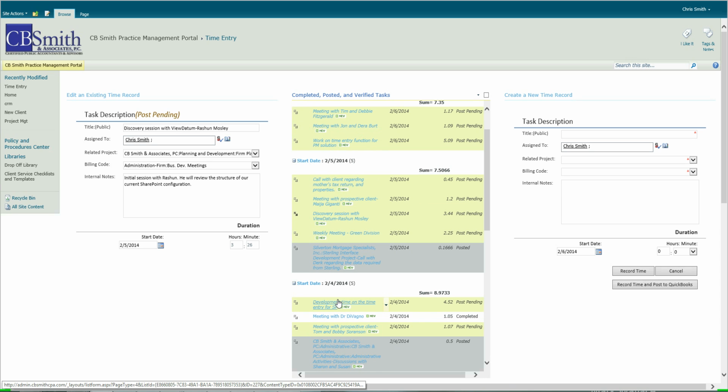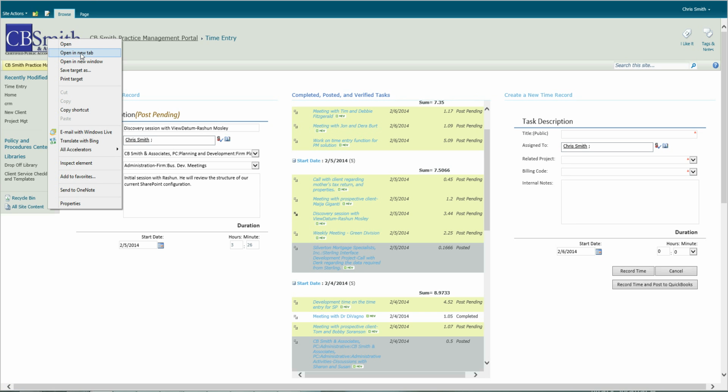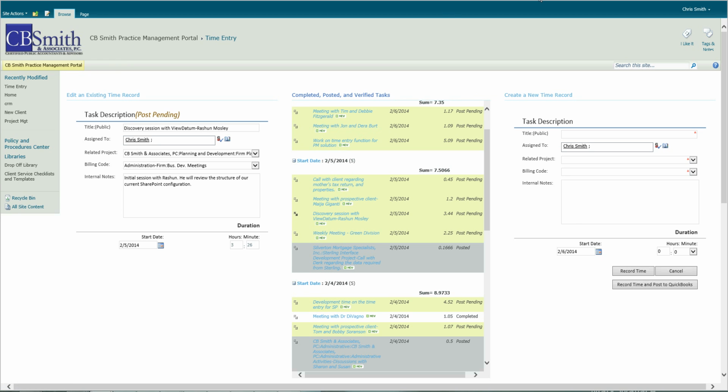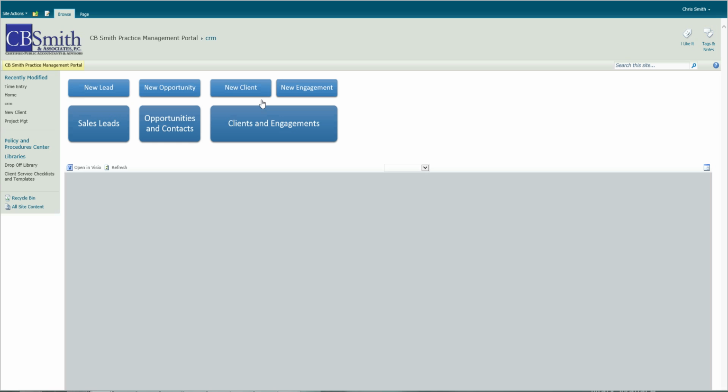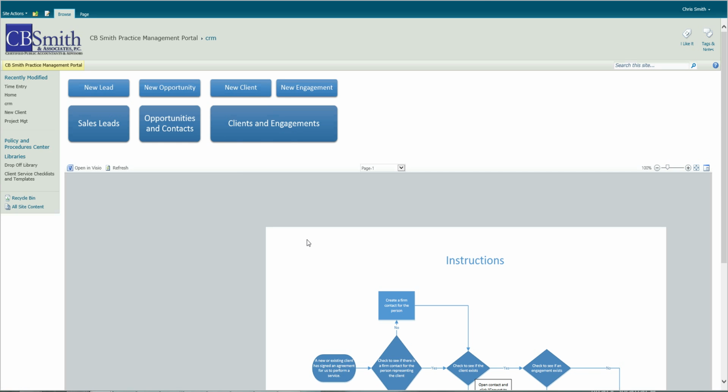A quick note, certainly as you're working during the day, you can keep this screen wide open. If you need to go to other places in the SharePoint site, you can click on open a new tab, and there you go. You have your home page, and you can go on to your client onboarding, and you can do what you need to do, and maybe in that section. And of course, you still can come